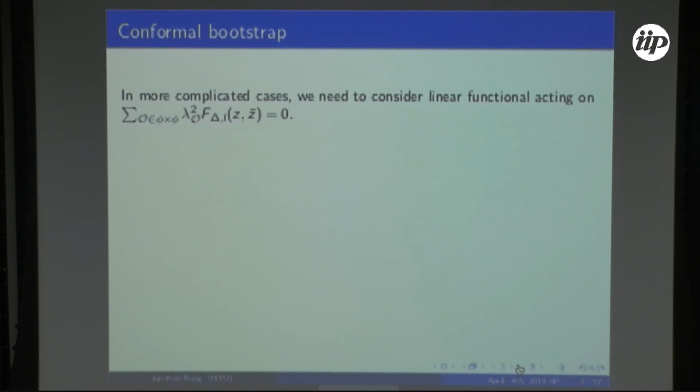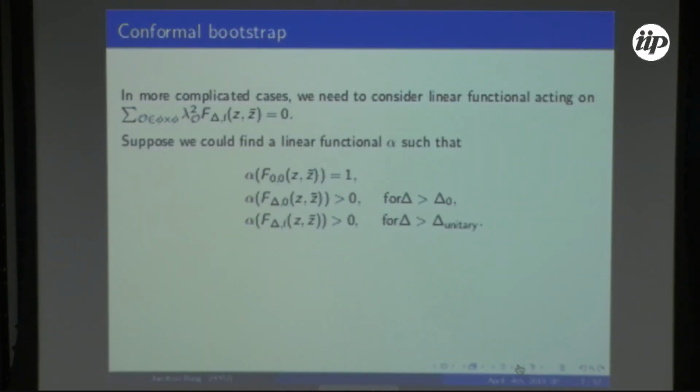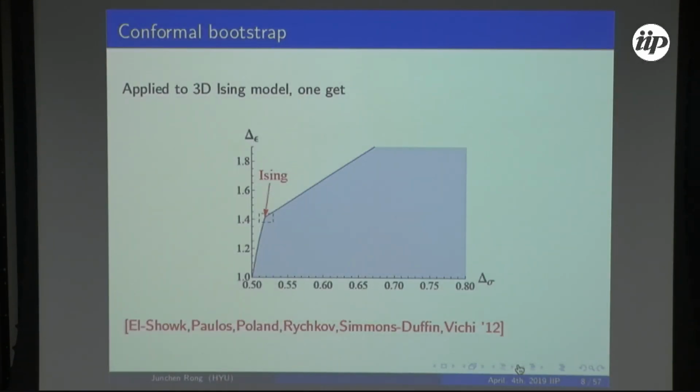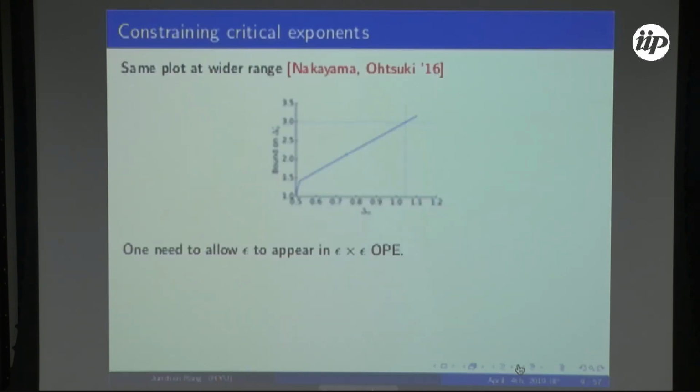Okay, let's start here. This is a very interesting result, first obtained by these groups. Of course, there's the famous Ising island, but this plot contains more information than just this island, this kink. Later, Nakayama and Ohtsuki realized that if you draw a straight line on this plot and intersect it with this curve,